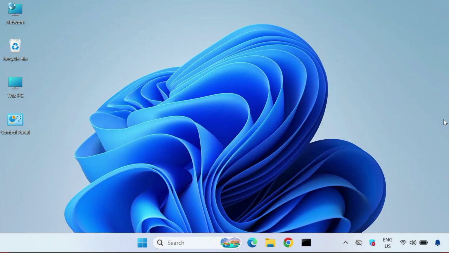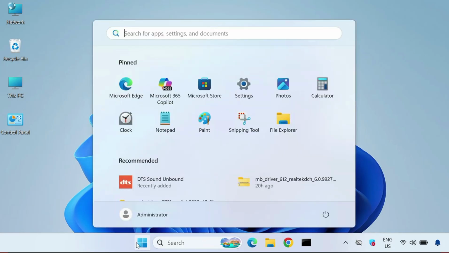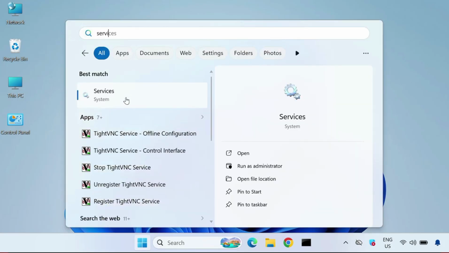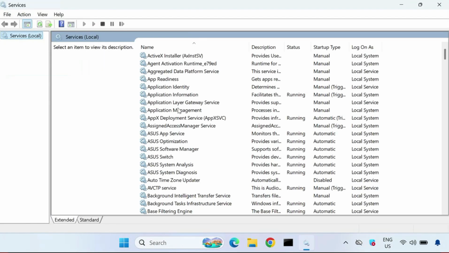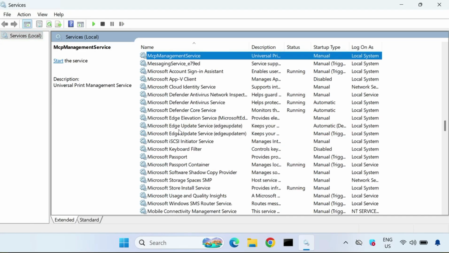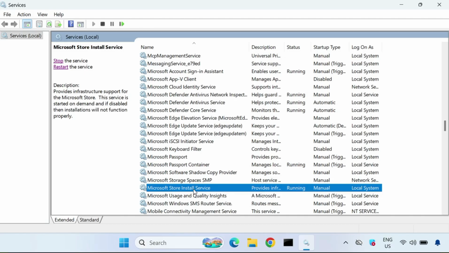Then need to check the services if it is working or not. So same, click to start and type services.msc, and you can type only services, then right click to run as administrator, and then press M, then find out Microsoft Store Install Service. Okay, so if it is already working, fine, and if it is not working, then double click to open it,